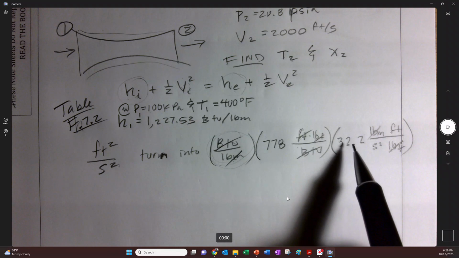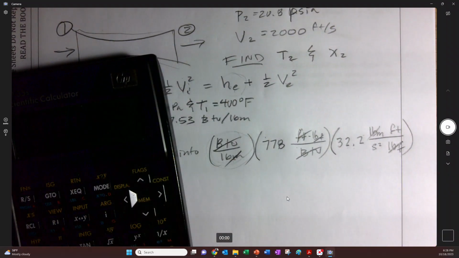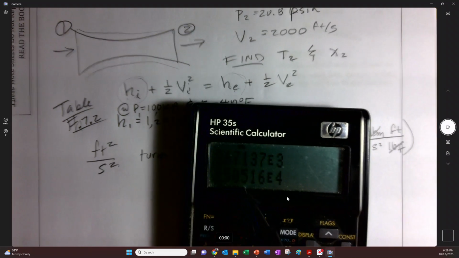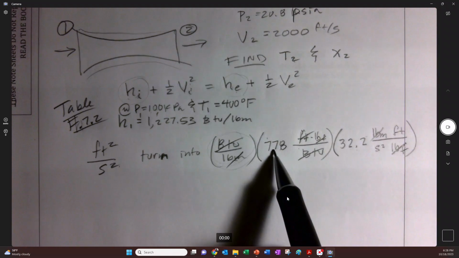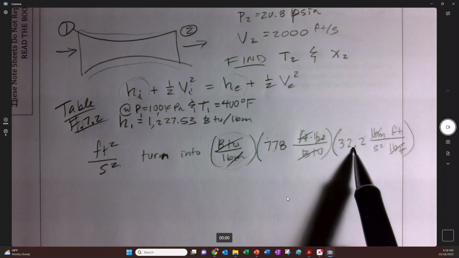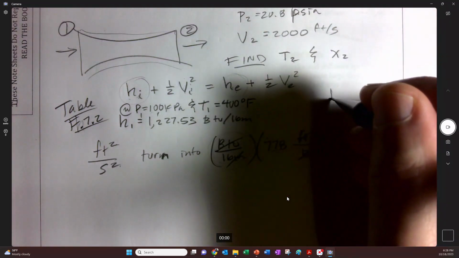Sometimes there's a conversion factor that you'll see around where someone takes 778 and multiplies by 32.2. It's like 25,052 or something like that. 778 is worth keeping in your memory banks. Obviously 32.2 as well. And if you ever get confused by this, all you need to do is F